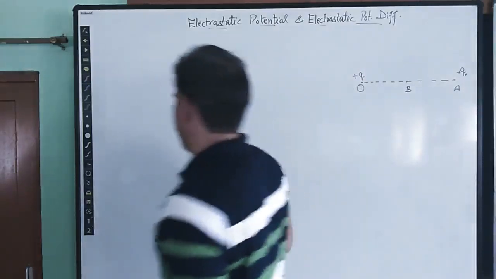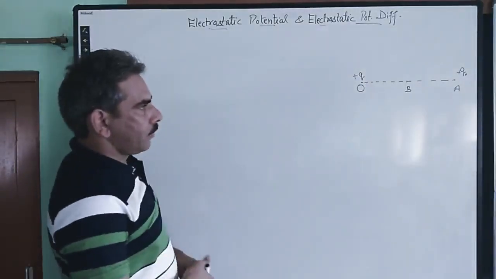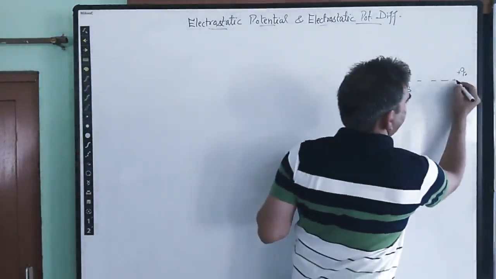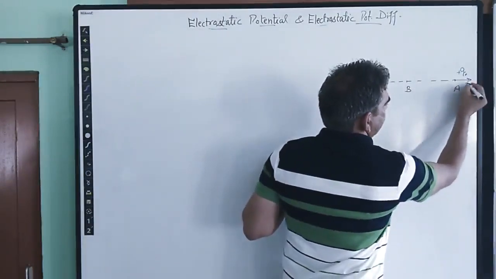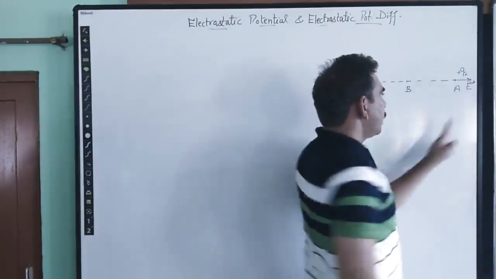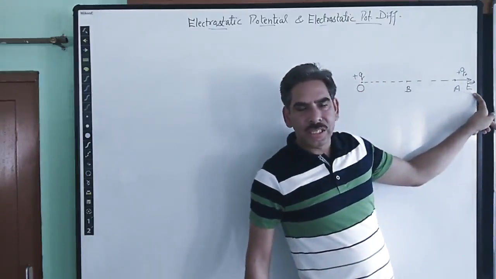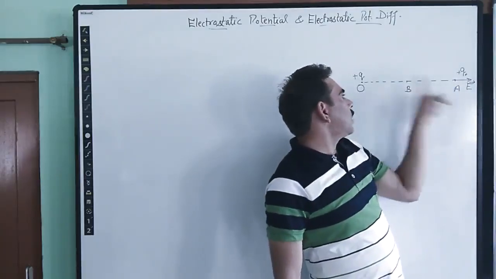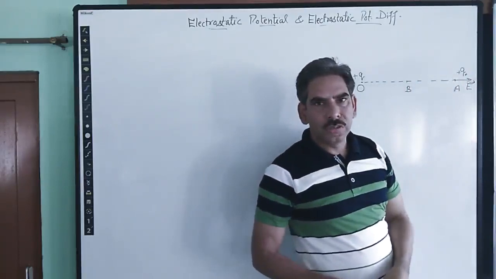So the amount of work done in taking this test charge against the electric field. The electric field of this charge over this positive charge will be away. This is the electric field of the given charge, or we can say this is the electrostatic force per unit test charge. So it is radially away. The electric field of this charge will pull away this test charge plus q naught due to the repulsive forces